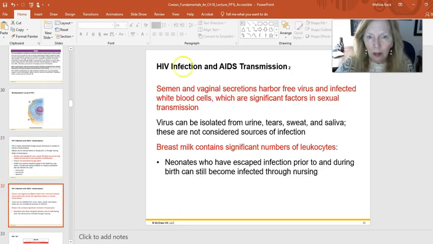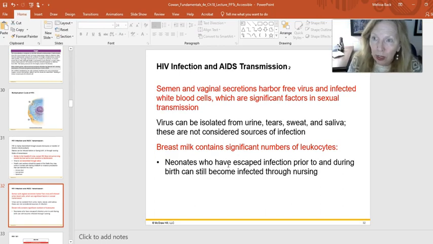There are a lot of numbers, I think I have them in here, that will show you how much treatment greatly reduces the chance of transmitting it to your fetus. And so that's a good reason to be tested.